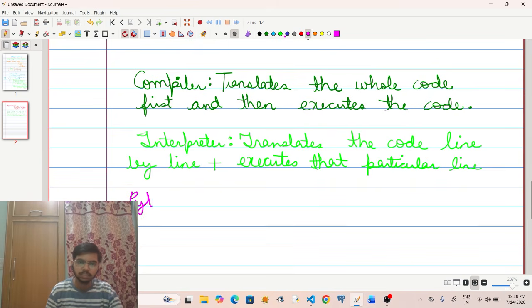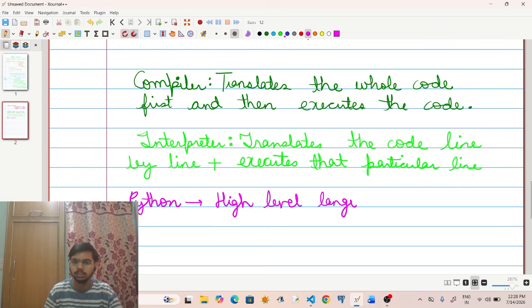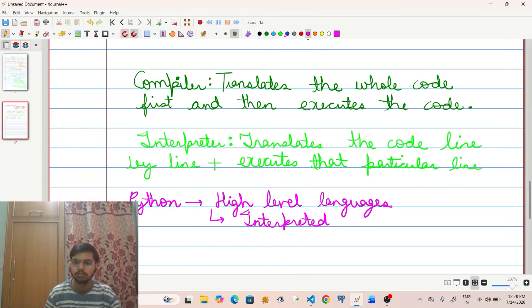As you know, Python is a high-level language, which means it uses modern syntax, just like the English language, and it is an interpreted language, which basically means that the code written in Python is translated.